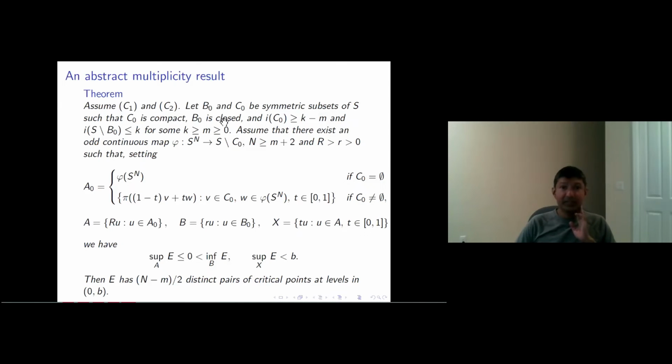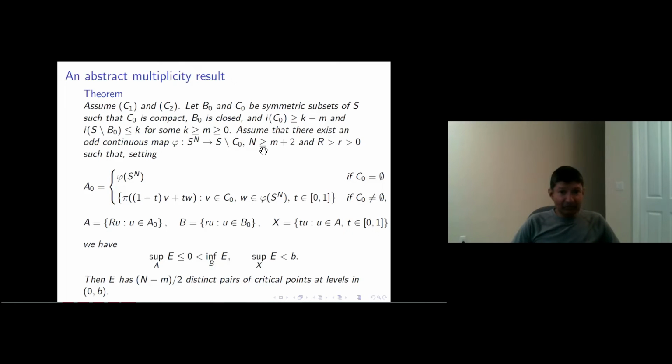C0 is compact, B0 is closed, the index of C0 is at least k minus m, the index of the complement of B0 in the unit sphere is at most k, and also assume that there is an odd continuous map phi from the unit sphere in R^(n+1) to the complement of C0 in S,